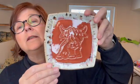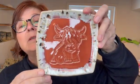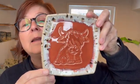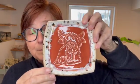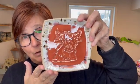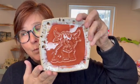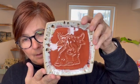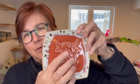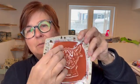But anyway, here's the little, they're cute on the plates. This is the little Highland coo, I think they call them, Highland cow. So I did just around the bottom four good coats of red rock. That is Emiko Celadon Red Rock. The Celadons for these work really, really well. You have to just make sure